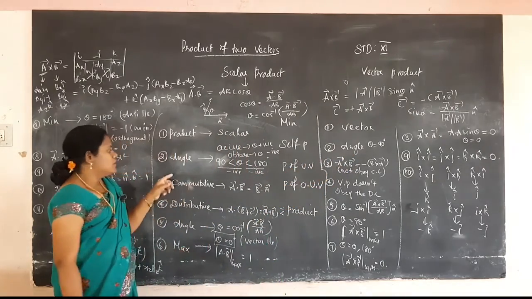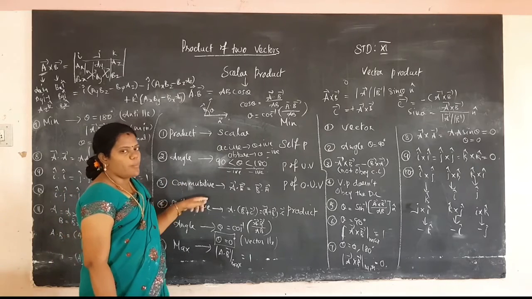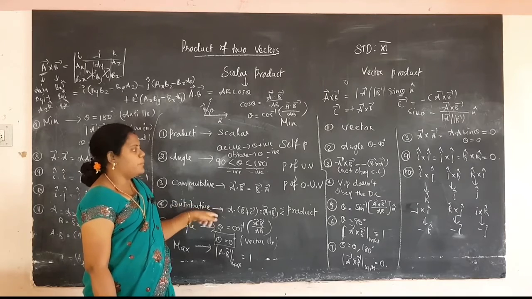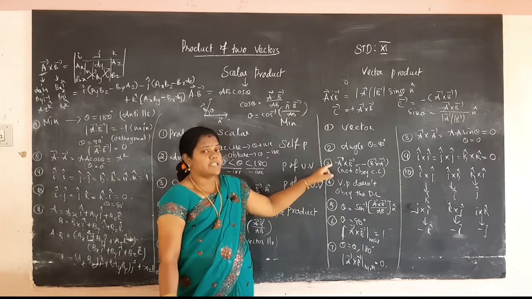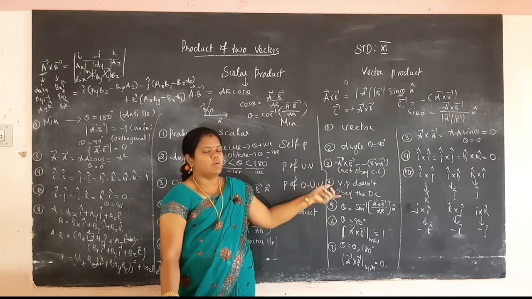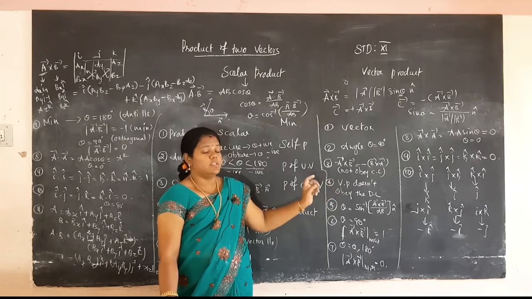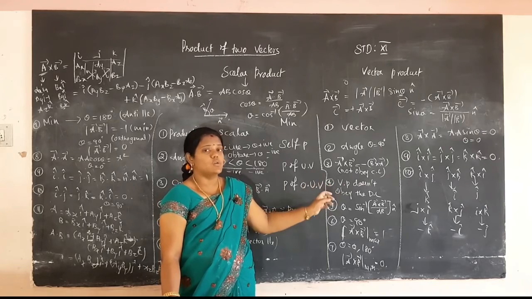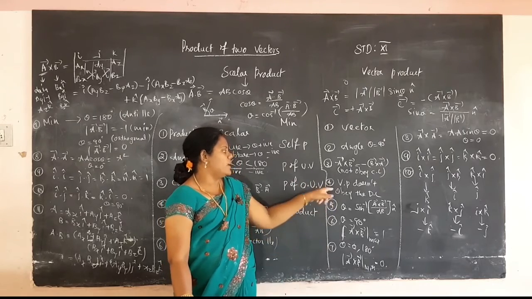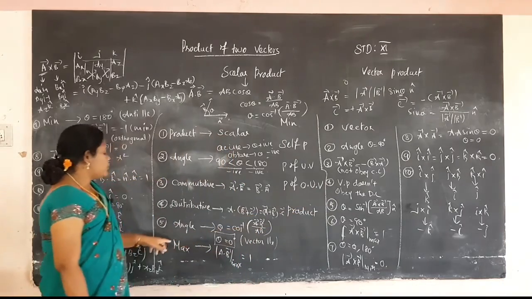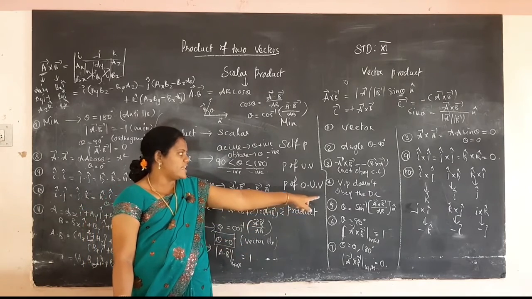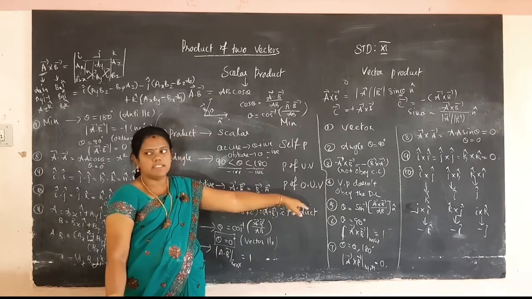And third, the scalar product obeys the commutative law and distributive law. The scalar product obeys them, but the vector product does not obey the commutative law and distributive law, because one value gives the negative sign of the other value, since in the vector product we also take the direction. So one value is equal to the opposite of the other one. So it does not obey the commutative law and distributive law. Okay. And then the fifth one, angle theta is equal to cos inverse of A dot B by AB. But angle theta is equal to sin inverse of A cross B by AB into n cap, that is the angle value.